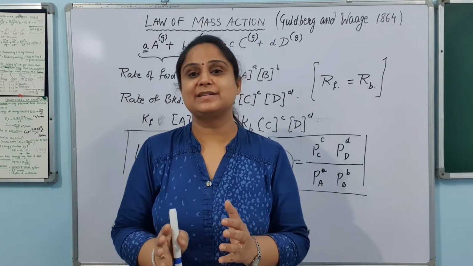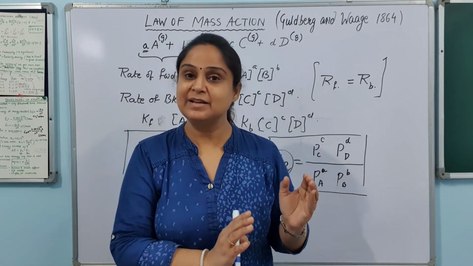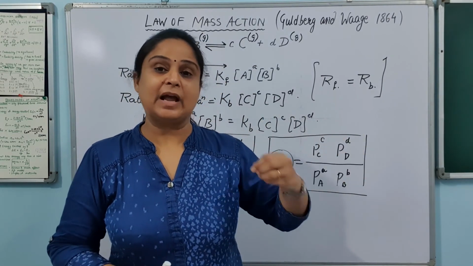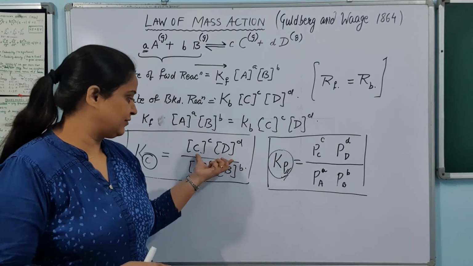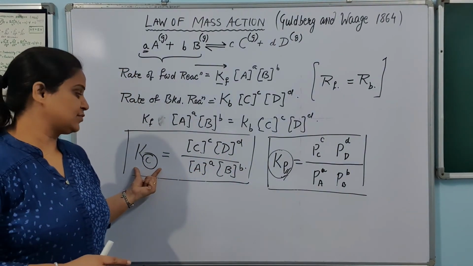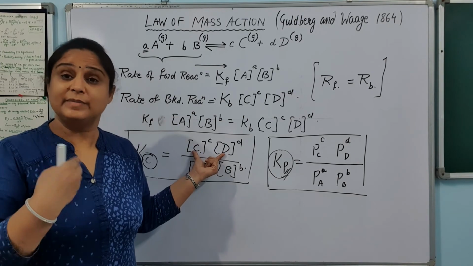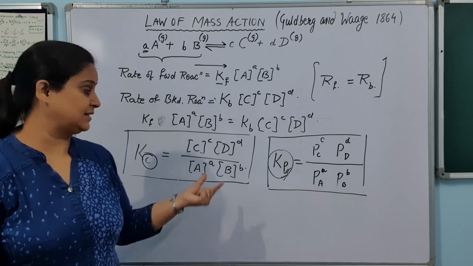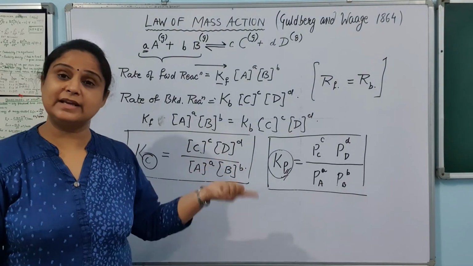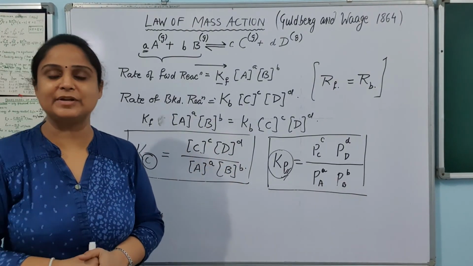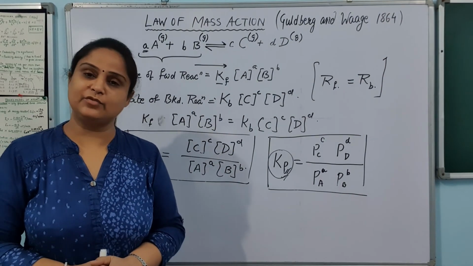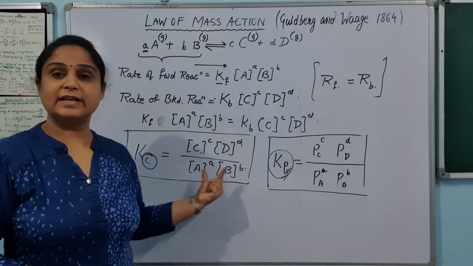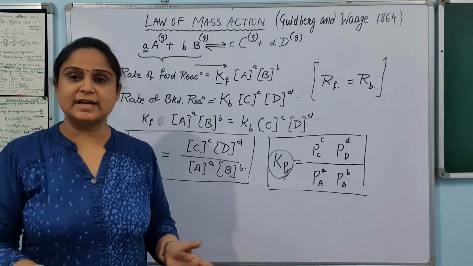तो you have to understand how this Kp can be changed, या ऐसा क्या करें कि Kp थोड़ा सा change हो जाए so that आपके प्रोडक्ट्स ज़्यादा मिल जाए. बल्कि ultimately if your Kc is more, means the products are more. तो हम ये चाहेंगे for the commercial preparation we will require this thing that C and D should be higher. अब ये कैसे होगा, that we will be understanding in this chapter, but I hope it is clear to you what is Kp and what is Kc. Next वाले वीडियो में I will let you know what is the relationship between the Kp and Kc. Very important क्योंकि एग्जाम्स में ये काफ़ी आता है.